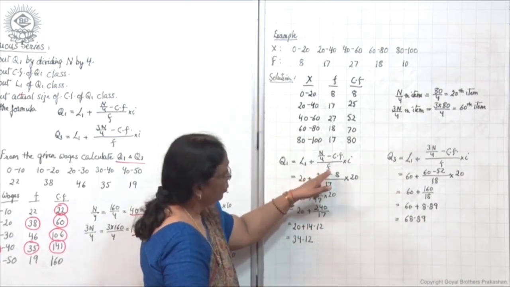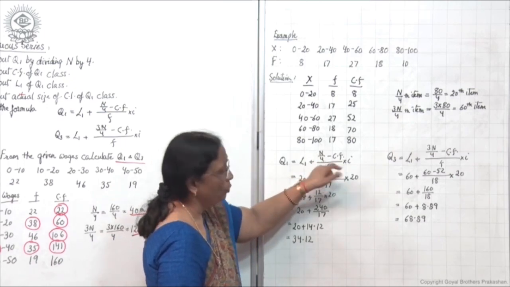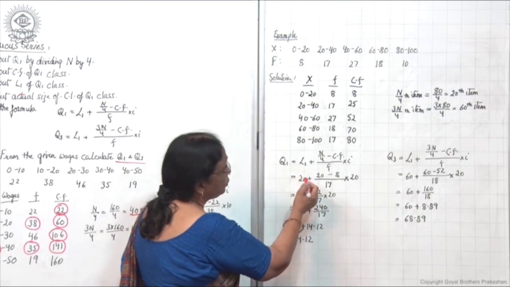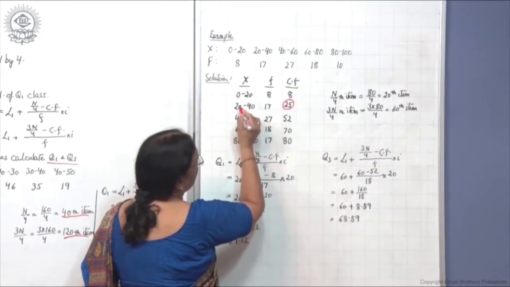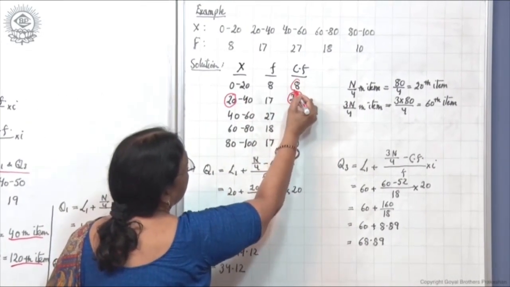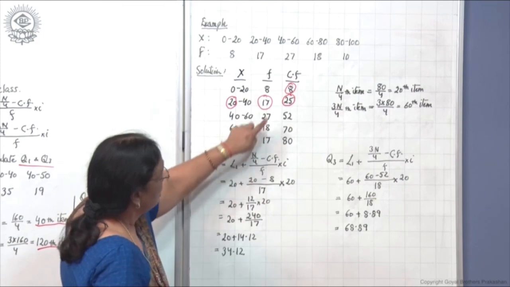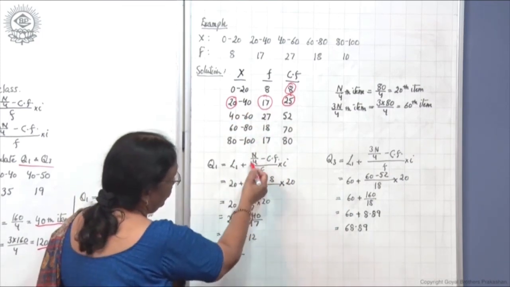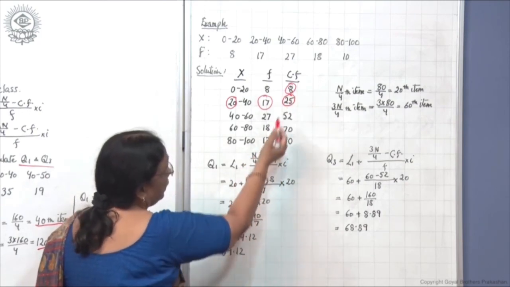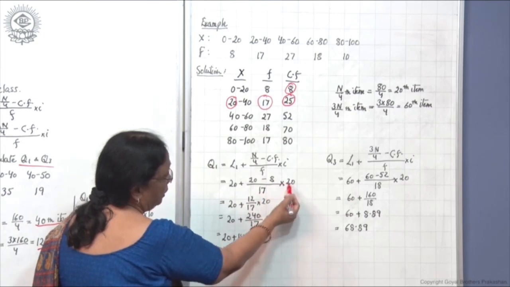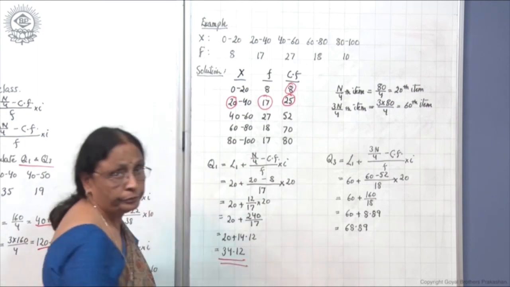Q1, write down the formula in the same manner as you have done earlier, L1 plus n upon 4 minus CF upon f into I. Put the values here, n upon 4th item is 20th, so 20 is here, this is L1, this is CF and this is f. So 20 is the 20th item, so n upon 4 is 20 minus 8, the preceding cumulative frequency, then the frequency in front of this and then class interval of 20, simplify it and get the answer,